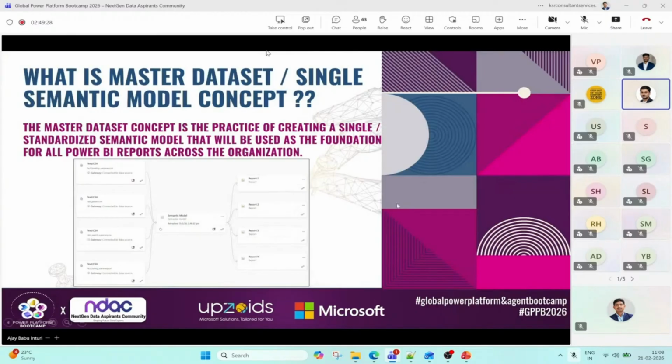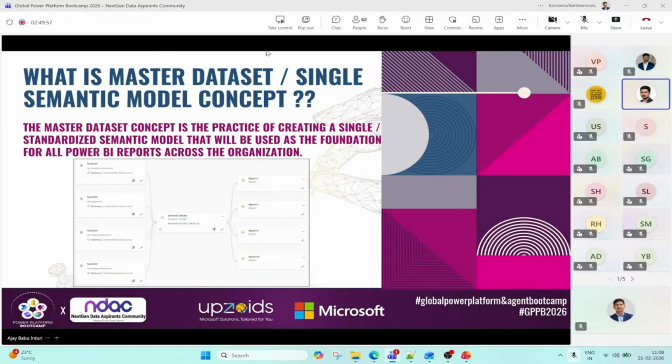So what is a master data set and a single data set? I think you are able to see this snippet. This is a semantic model, and we are pulling data from different data sources. For now, I pull only CSV files for this report, but in your real world it may be Azure, Redshift, SQL Server, MySQL, whatever it may be.